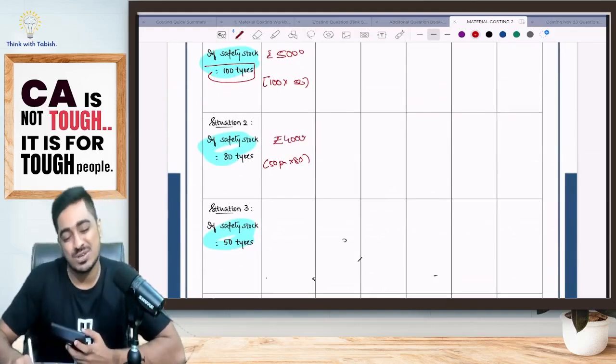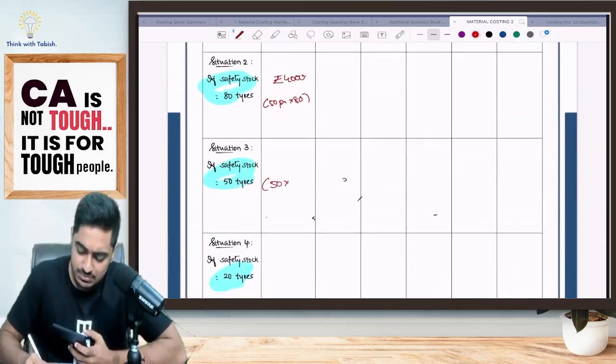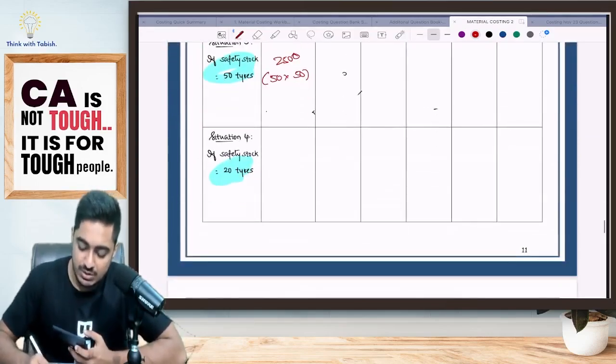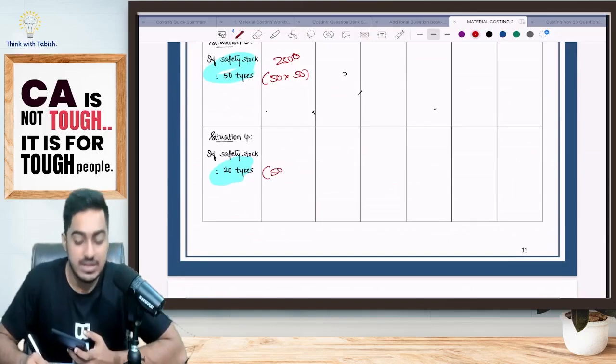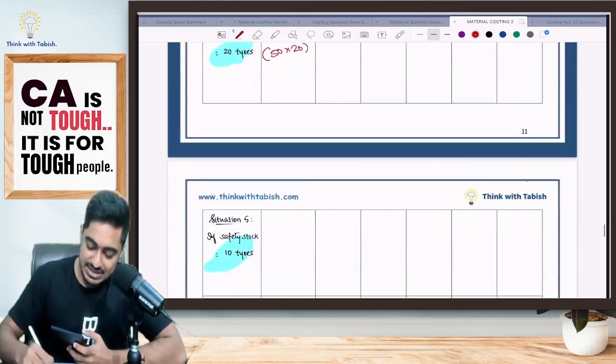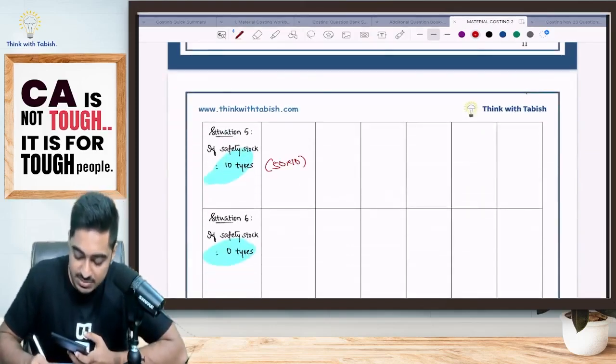If I say, no, boss, 50 safety stock is sufficient, for one tire for 1 year it is 50 rupees. Like that, I am having 50 tires, so it is 2,500 rupees. If I am only having 20 tires, for one tire for 1 year it is 50 rupees, into 20 tires, it is 1,000 rupees. If I decide 10 tires I'll keep, for one tire for 1 year it is 50 rupees, like that 10 tires, I am having 500.